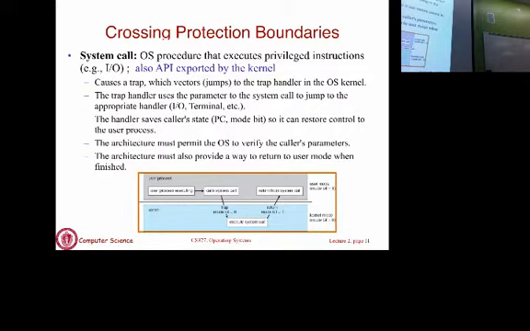Let's say it wants to read or write a file. It will basically make a system call, and that system call will then cause that process to be suspended temporarily. You will switch to executing the OS kernel. As you can see, the mode bit will be reset so that now the OS will execute in kernel mode. It will execute the system call, in this case reading or writing the desired data from disk that the application wanted to.